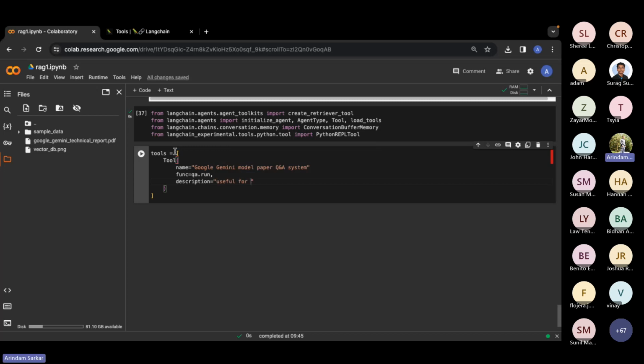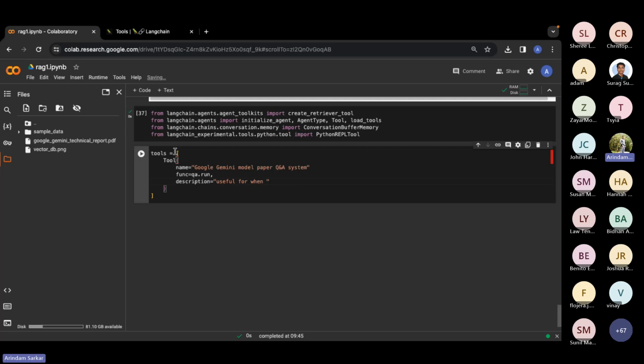So when you are defining this tool, there will be two criteria. First, you need to name that tool, right? And second, in order to help your agent, which is the LLM, know when it is useful to use it, right? Every time, let's say if you ask a random question, what is one plus one? It is not useful to look at your document, right? It can answer it.